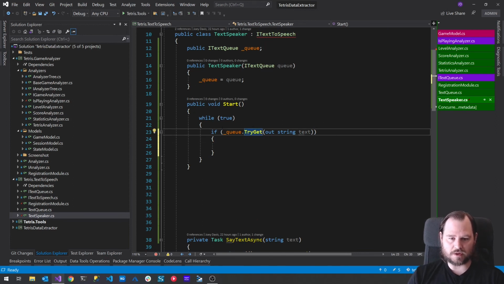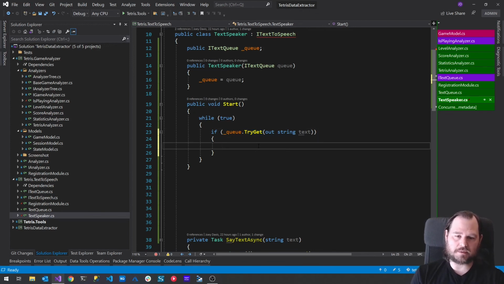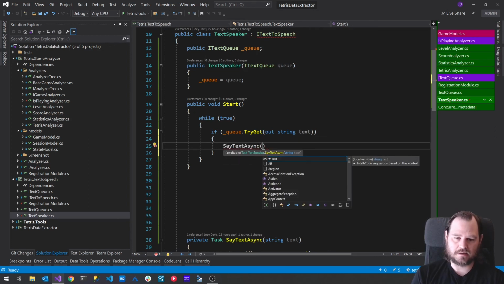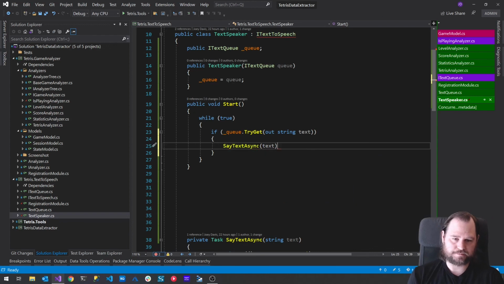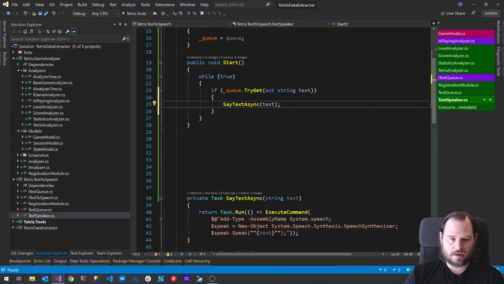If it's false, we don't care about what text is. It's going to be nothing. But the TryGet will return false if there's nothing in the queue. So if we did have something in the queue, we have text, then we will say SayTextAsync text. And I think we should